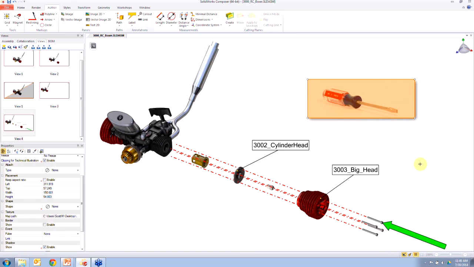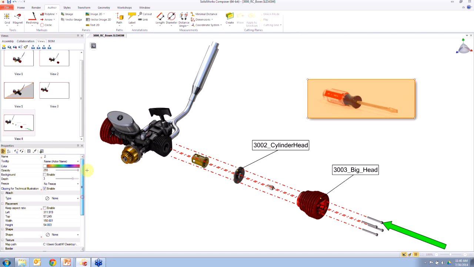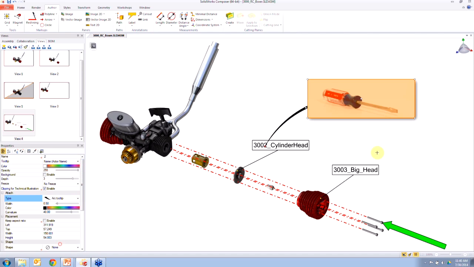Now, this could be a photo, a screenshot, anything you want, some wiring harness photo that you took because you don't want to model that in Composer or in SOLIDWORKS and bring that in. There are many uses for this image. What I really like about it is you can do it like an attachment, and I can go ahead and say, let's point to the screw here and say we're going to screw